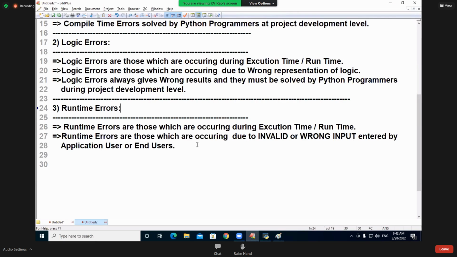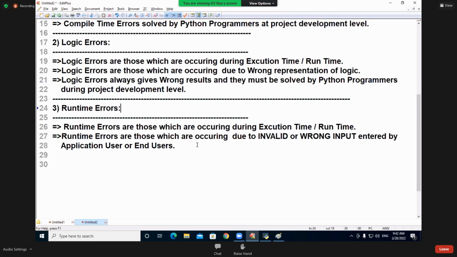Understand? So far what we did, we only developed it and executed it. That is called the testing phase. Now today we are making our project robust, strong. How to make our application strong? You develop it, give it to any unknown person, let him operate on it, let him find some mistakes in my program.